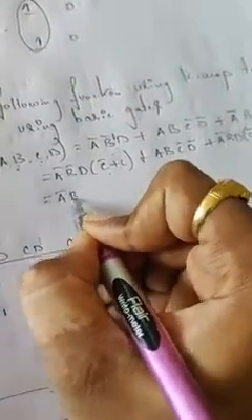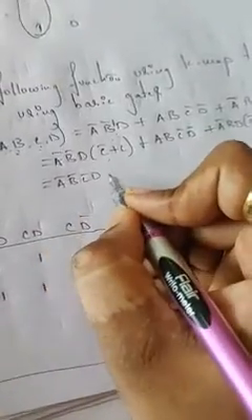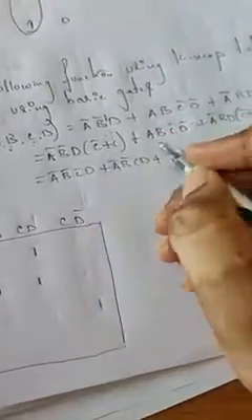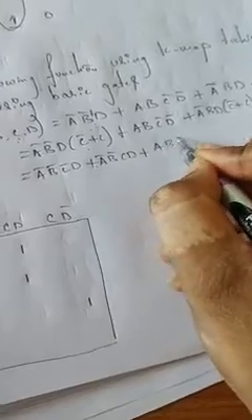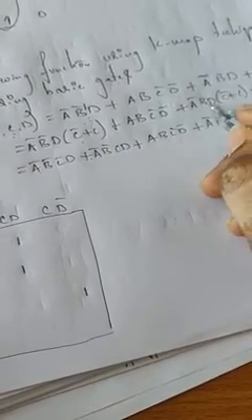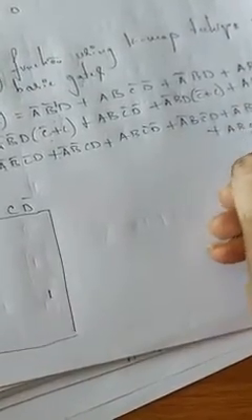When we have 4 variables, don't do anything. When we are short of 1 variable, C is missing, so I wrote C bar plus C. Here also C is missing, I wrote C bar plus C. So just multiply these things. A bar B bar C bar D plus A bar B bar C D. These 2 expressions are from multiplying these things. I will write the rest as it is: A bar B bar C bar D bar, plus A bar B C bar D, plus A bar B C D, plus A B C D bar.